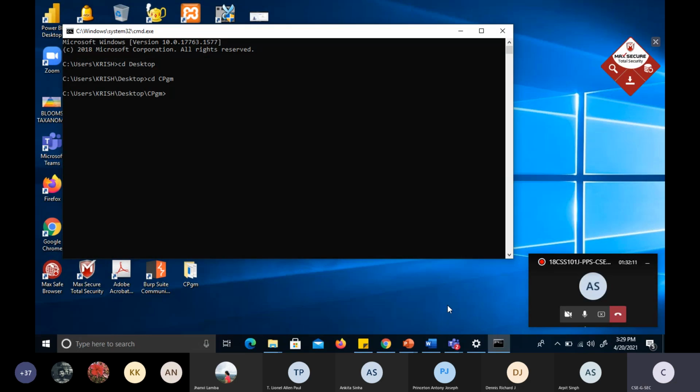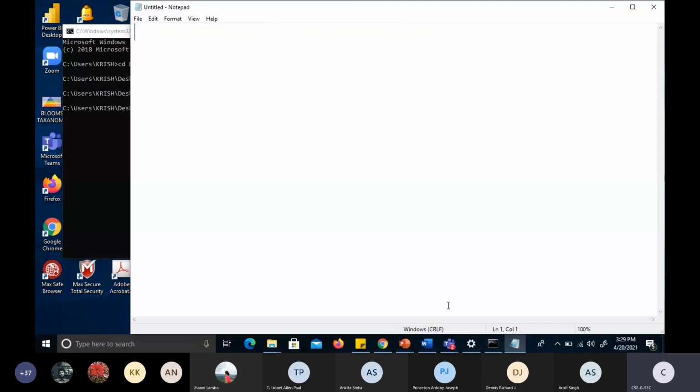Traverse to your folder, then you type notepad for getting an editor. So I've got the Notepad. So type the program. Actually, everything should be in small letters. void main, int val.